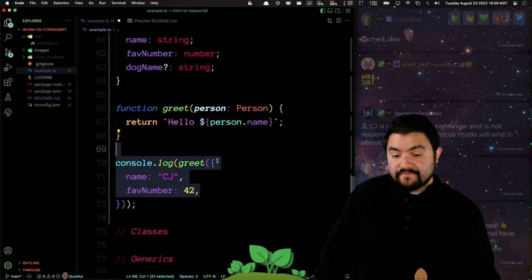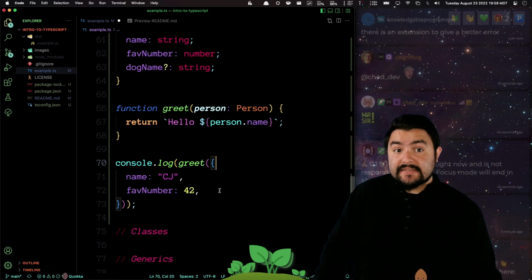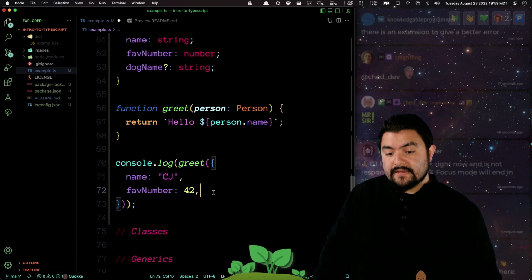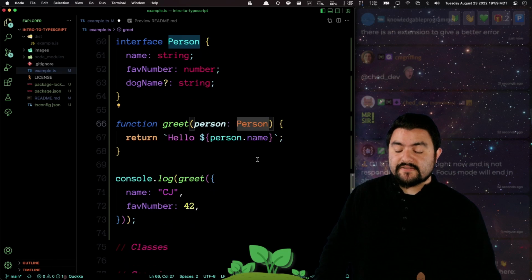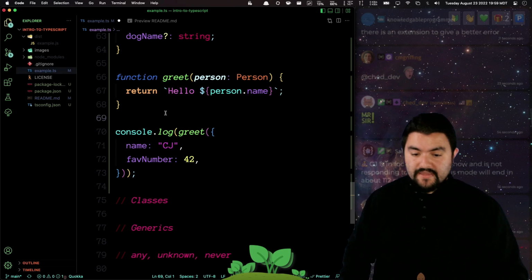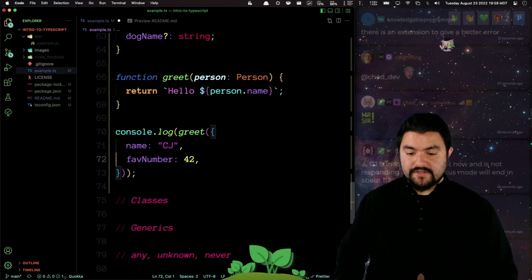And so right now, this object that I'm passing in doesn't have the dog name property, right? It is undefined, but this allows it to be undefined, and I can still access it here. But let's say I actually want another function called